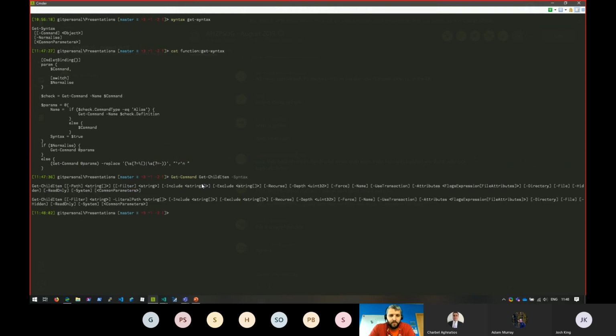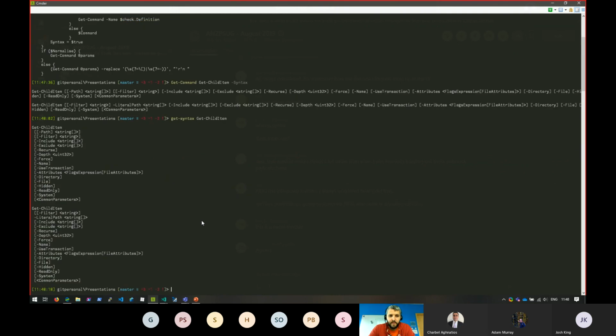So I've written a regex, which I actually stole partially from Matthias Jessen, so that it prints it down the screen, which is how they're formatted on the docs. And if you notice, because the literal path doesn't have any square brackets around it, that's a mandatory parameter. So it makes it really easy.